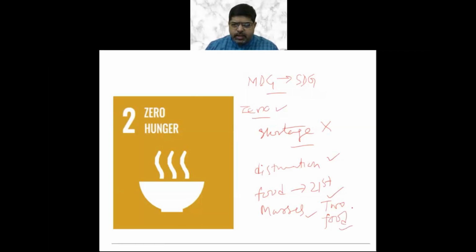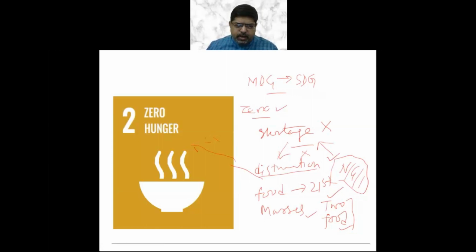For this, NGOs, the government, and individuals can play a vital role. If there is no shortage of food grain or food items, there is a distribution channel which has some malpractices that need to be eradicated, and there should be an aspect of achievement that there should be zero hunger, since everybody needs to be provided food facility.